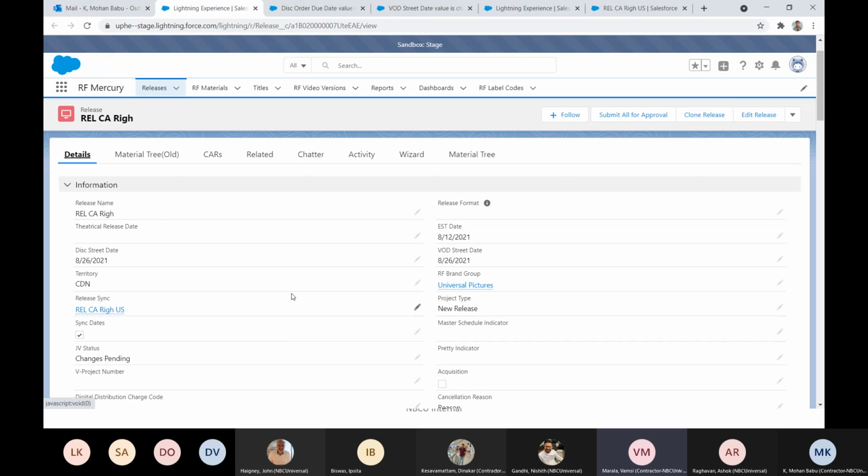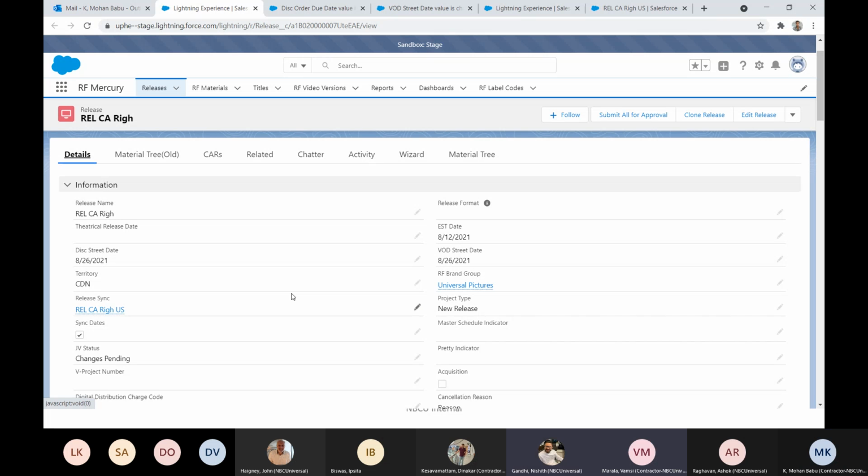For every detailed change mentioned in one of the custom metadata, for every change to the particular field, there will be a task created. And if the release needs to go live, all the tasks have to be closed. And the tasks are of two types. One is just for information, and the other one is with the status not started. Not started means that it is not yet picked by the approver. Once the approver picks the task and completes it, then the status in this release will be updated and it goes to live.